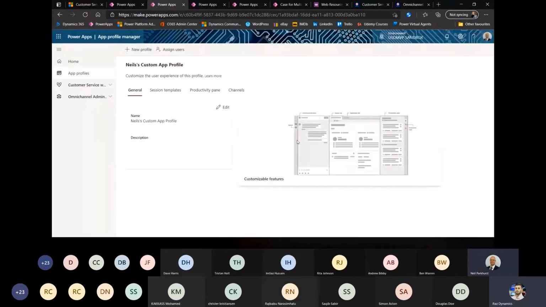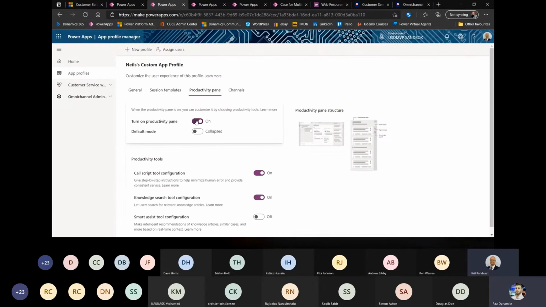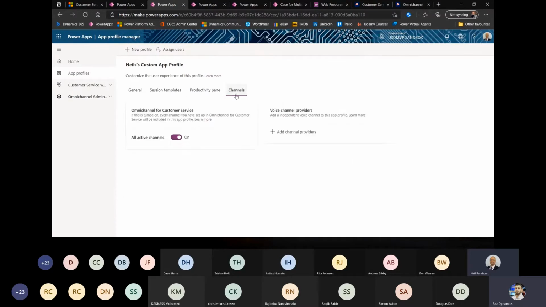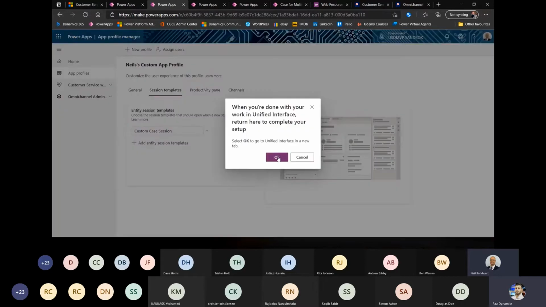Now it's in here that I can then start to say, what will my session templates look like? And I'll show you this one in a second. I can also do things like turning the productivity pane off and on. And if I want Omnichannel active or not, I can enable Omnichannel because I could just use customer service workspace without enabling that. If we have a look at this session, I've got this case session. So if I just open that up,